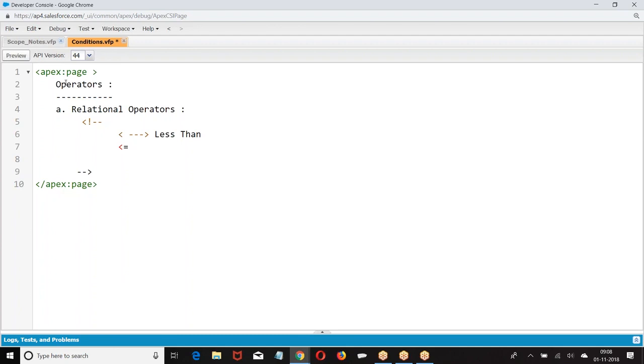What was this? Less than. Less than or equal. Any non-developers are there? Check out the symbols. So we have less than.